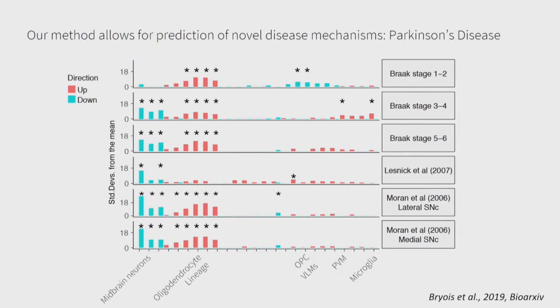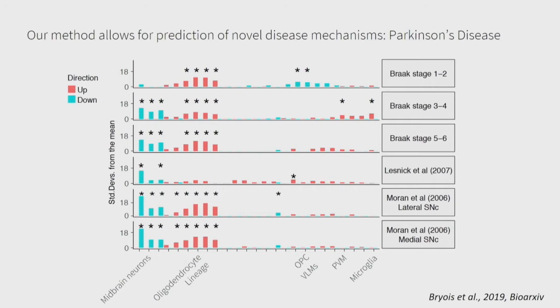So when you have Parkinson's, you can divide it into different Braak stages. And if you have a very early Braak stage, this is before you see dopamine neuron loss. And it turns out, if you look at the bulk sequencing samples, what we can see is that the genes of the oligodendrocyte lineage are actually upregulated prior to any effect on the dopaminergic neurons. And this is seen in all the studies we looked at, except that one, they all show this upregulation of oligodendrocyte genes. And it seems to precede the effects on the dopaminergic neurons.